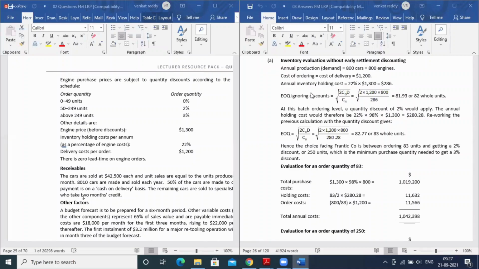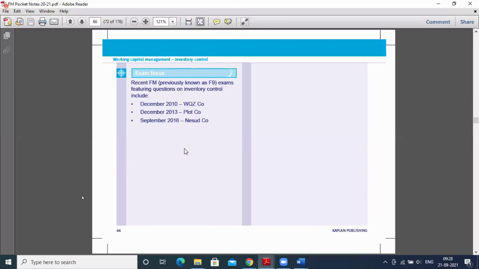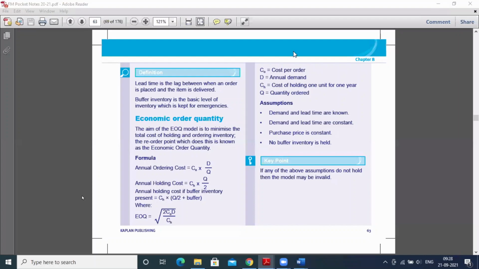Finally, we concluded that it is advisable to make an order of 83 units. So whenever you make a new order, it is for 83 engines. Now we need to calculate the total cost, it means total inventory cost. If you can remember, I already showed the formula of inventory cost. Here, 2% discount on 1300. Okay, let me show you. Let me open my Excel.